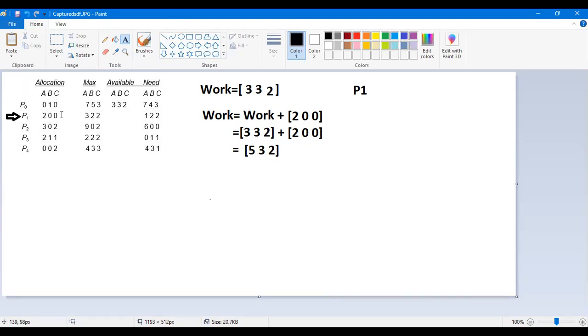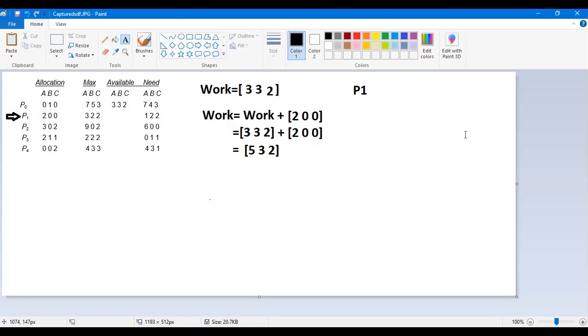Then it is having 200. It is already having 200. If you are giving some resources from here, then after some time this will release all the resources it is having. That's why we are adding the allocation part to the available storage.